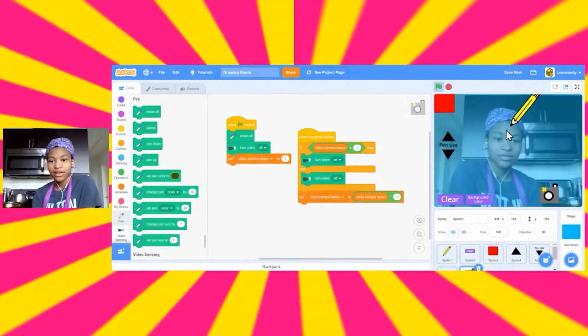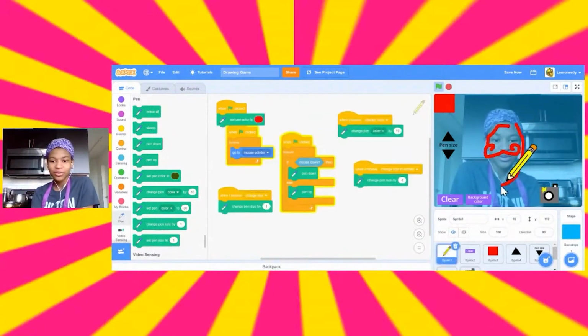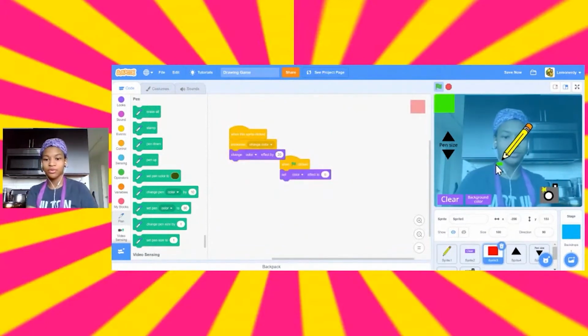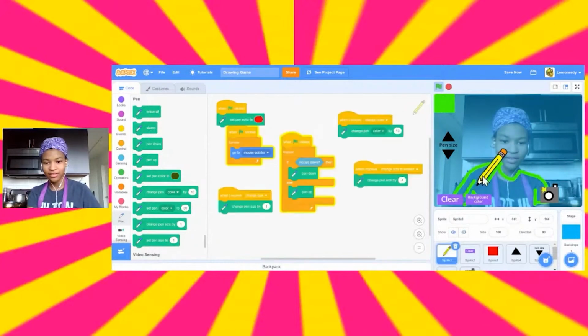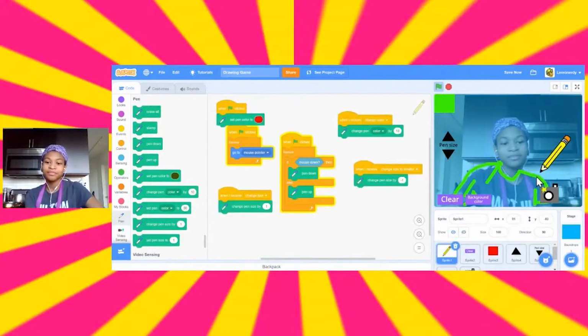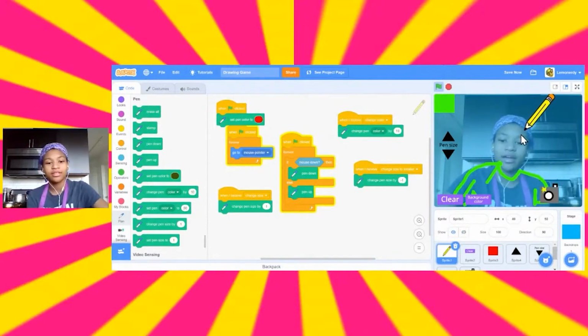So I could draw on myself. I could just like give myself a mustache. There we go. Or I could just like draw a circle around my face, or I could make like a new green shirt. There we go. And then just like color that. Something like that. So basically, this is a basic drawing game,